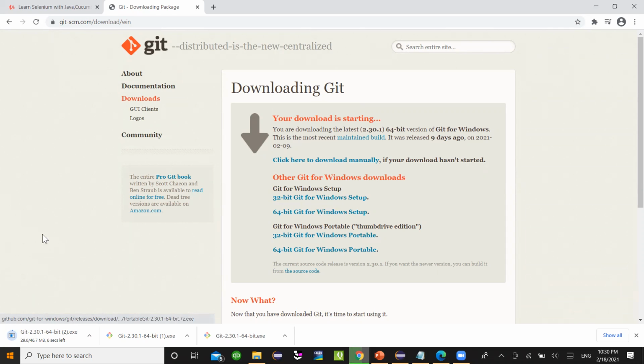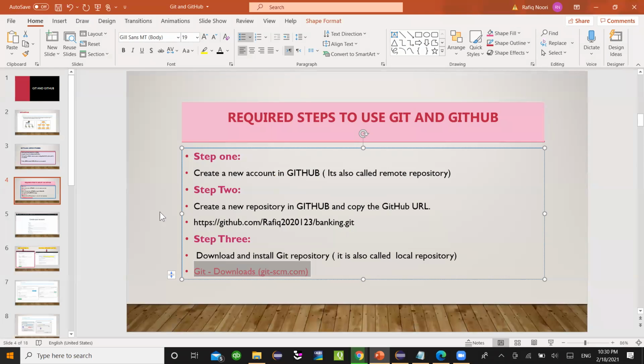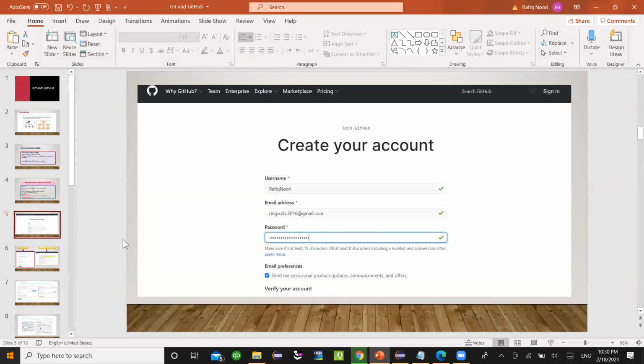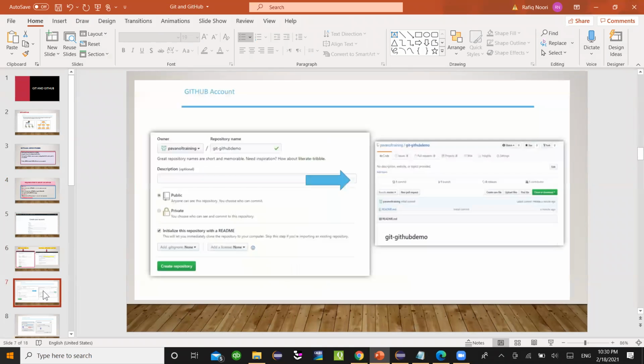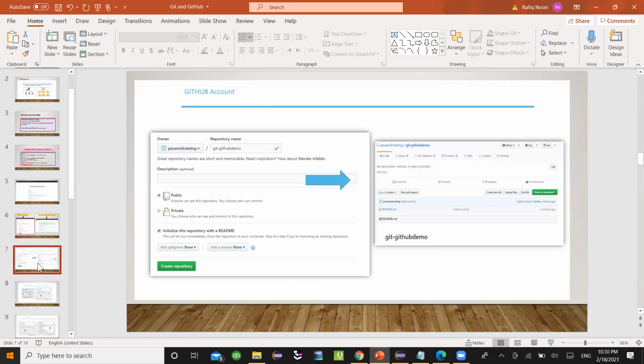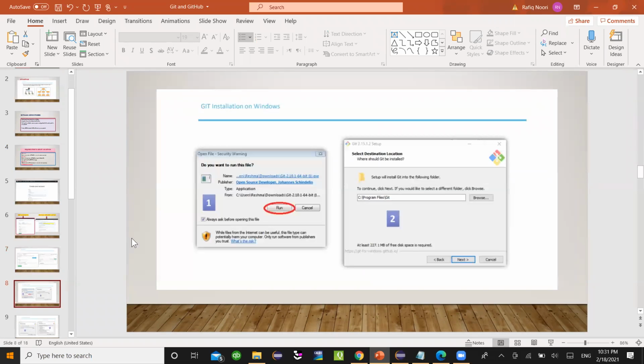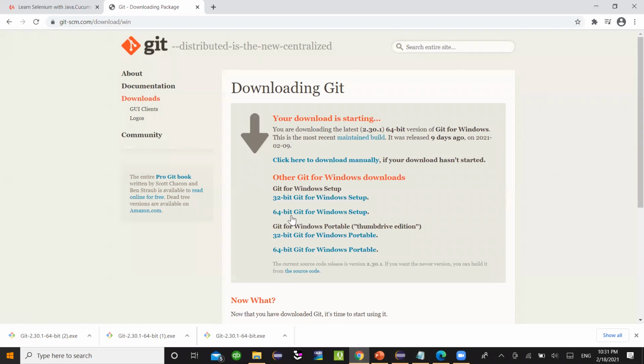So I already have it here. And also we have three steps. The first step, as I told you, we create an account here, and here, then we copy the URL, and then we create the account, and we copy the URL. And after that, it's the same procedure that create a repository. Also, it shows the same thing. And then in this stage, after we are here, I click on 64, and then I get the file here. See, I already got it, and I open this,